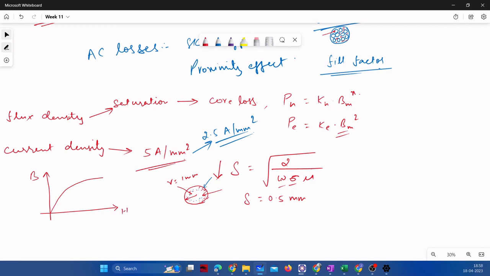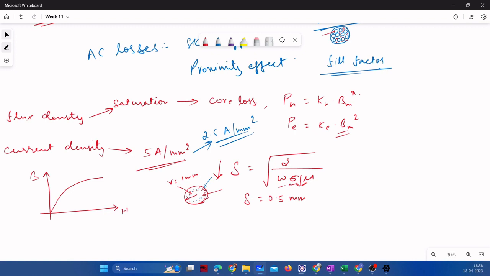But you have two degrees of freedom: one is frequency and one is the conductivity. Either you change the material to use a lower conductivity material, but that has another disadvantage. If you reduce the conductivity, you gain in terms of skin depth, so you have the upper hand on skin effect and proximity effect, but you lose in one way on the conductivity,